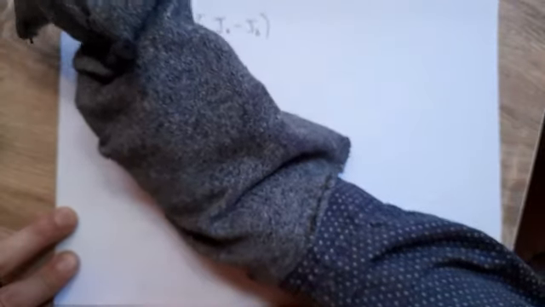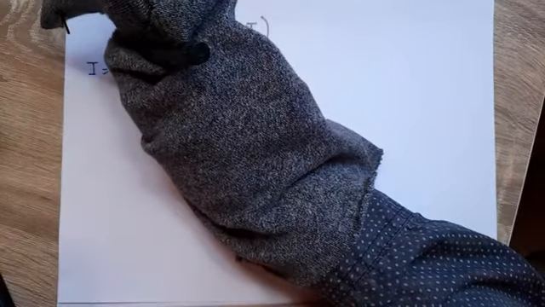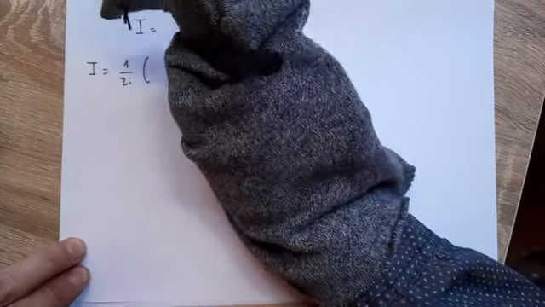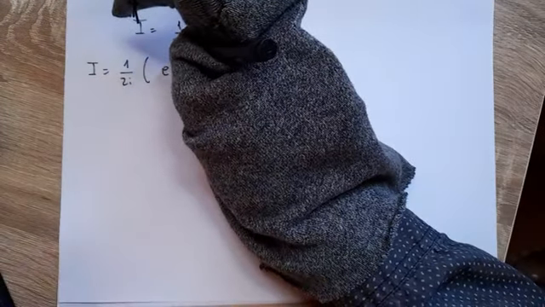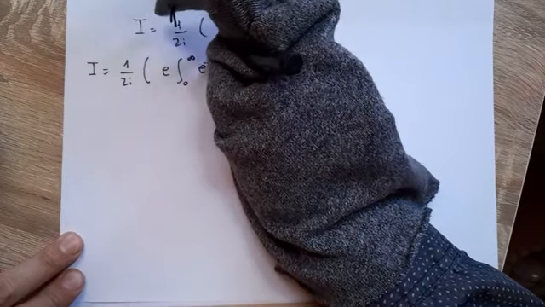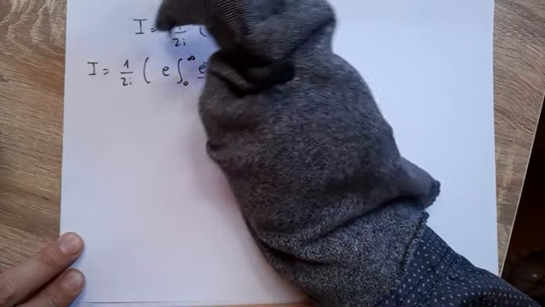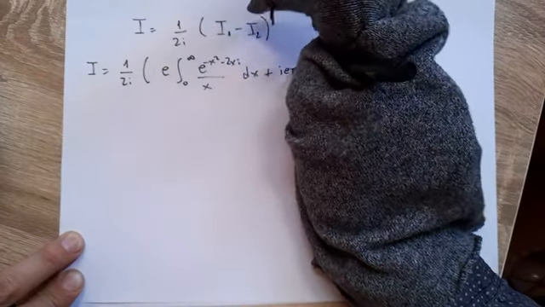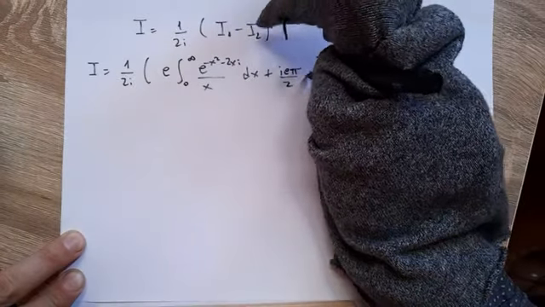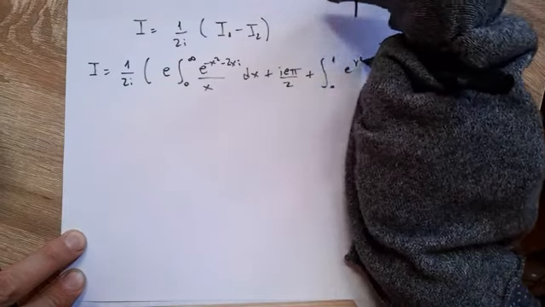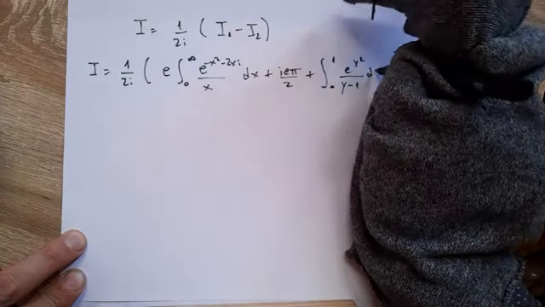So I equals 1 over 2i times I1, which equals e times the integral from 0 to infinity of e to the minus x squared minus 2xi over x dx, plus i e pi over 2, plus the integral from 0 to 1 of e to the y squared over y minus 1 dy,